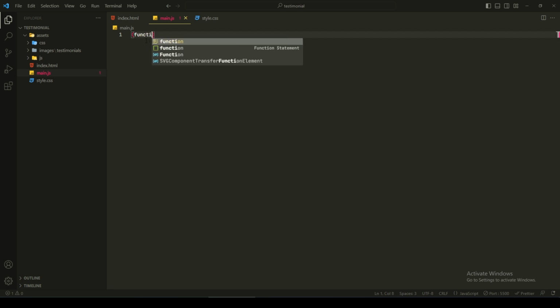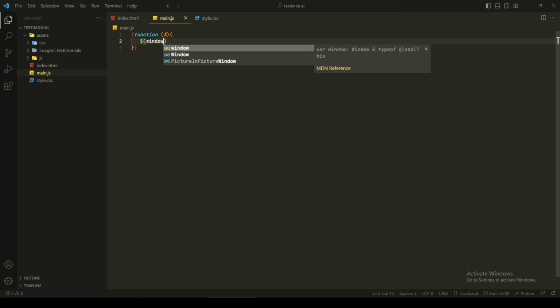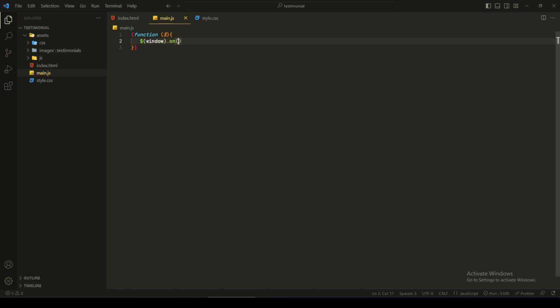First bracket function, second bracket, another bracket using $ sign, which is any parameter. Right here in curly braces. Then right here using $ sign, first bracket, window, after first bracket, and full stop, on, and then first bracket, double quote, write load, after quote, comma, function,